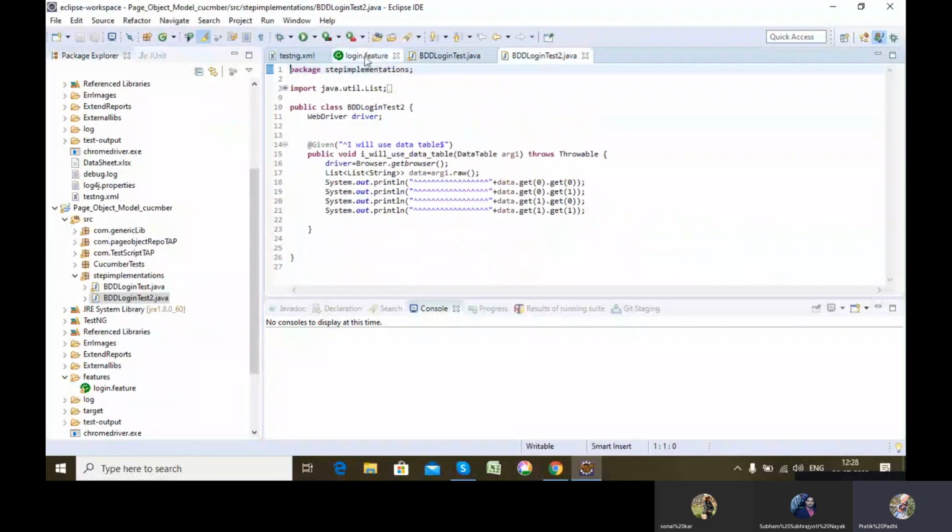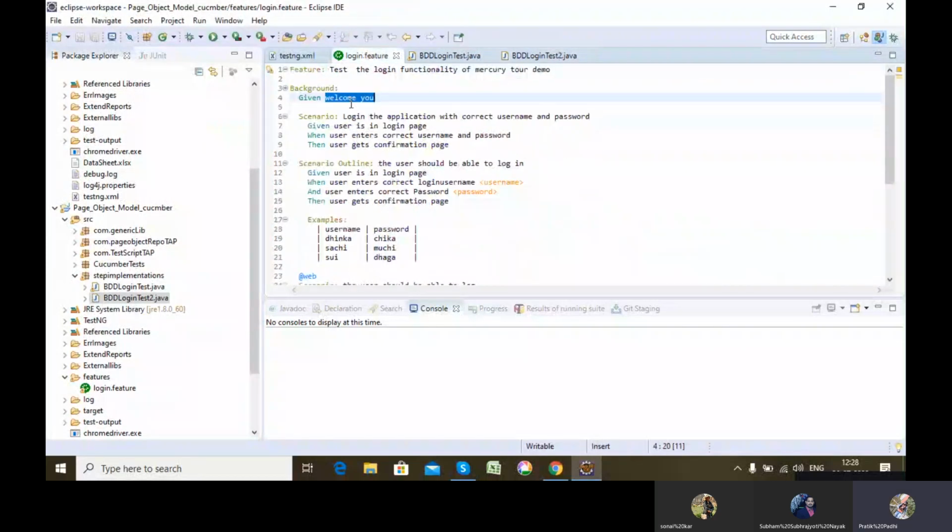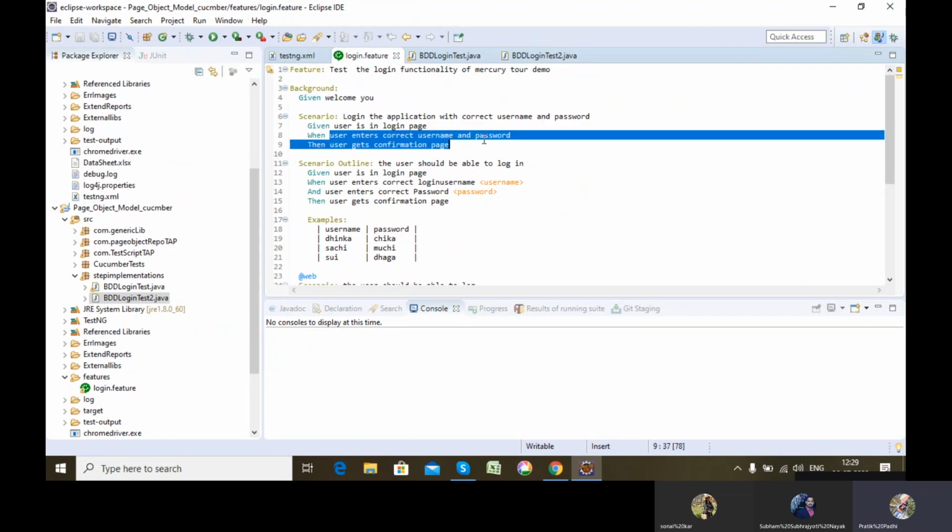Okay. So we'll see how, if something is not defined, it will throw an error in my console, and how I can use that particular error to write my step definition file. Like, "welcome you" is not present. Once we run it, you'll see how that will be handled. Now see, this line of code, you saw how it is defined. Again, this one also will be defined in the step definition file.